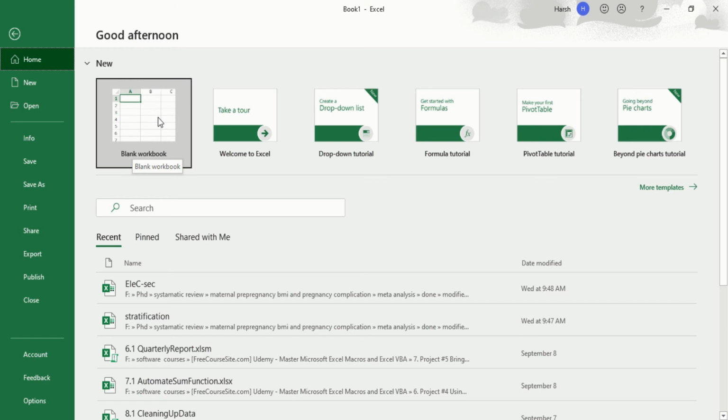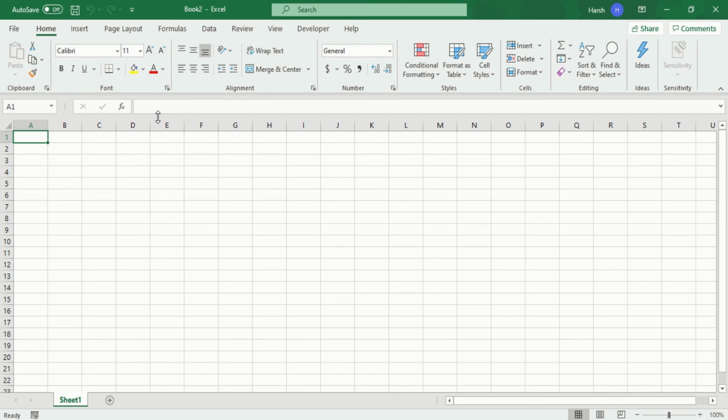So first of all we will open a blank workbook. Just click on Blank workbook. You will see a blank workbook opens up on your screen. Here, what you have to do is, we want data, right? With data, it comes to mind that the Data ribbon is available to us. So you have to go in Microsoft Excel to the Data ribbon.